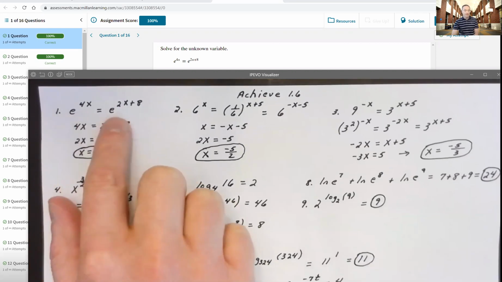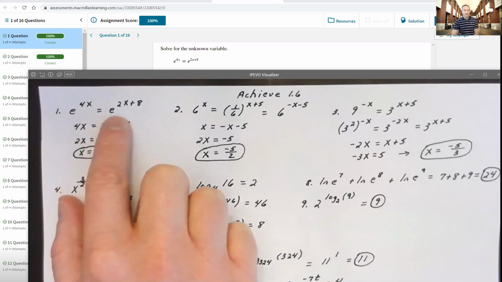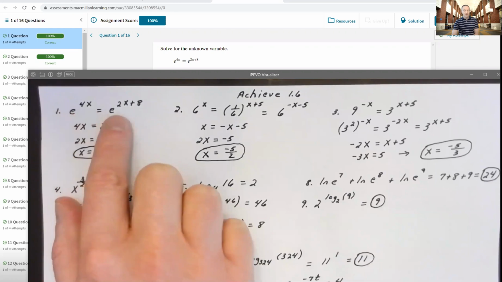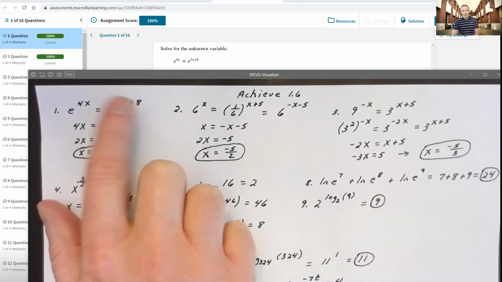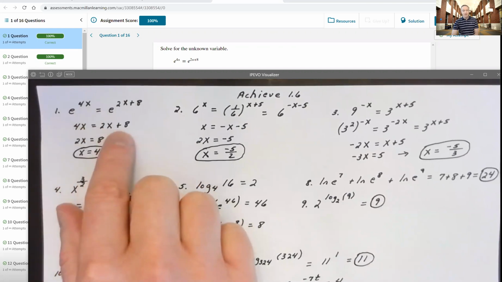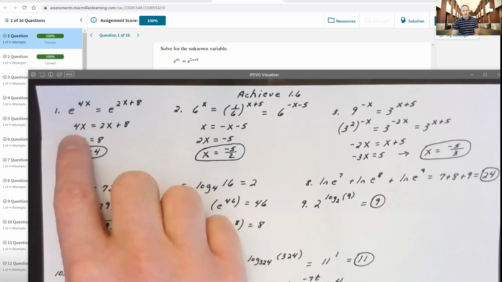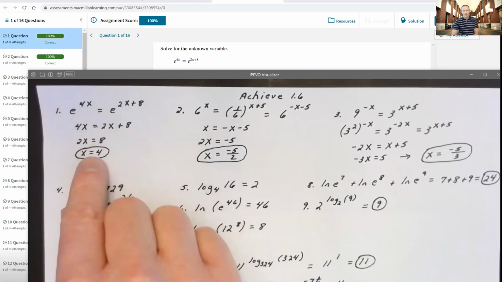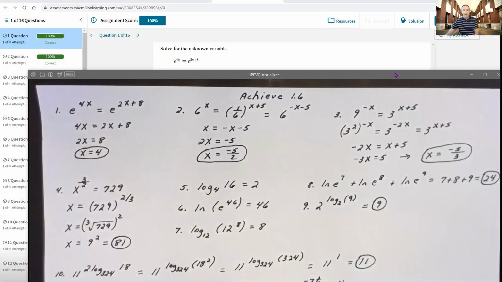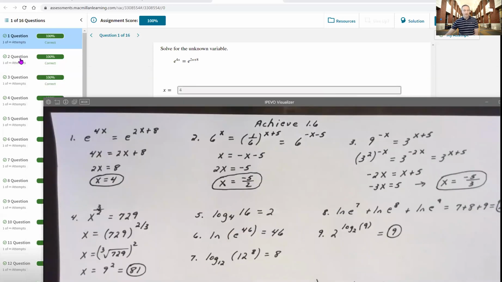It gives you an exponential base e on both sides of the equation. If that's the case, then the only way this equation could be true is if the exponents are equal to one another. So I just set my exponents equal: 4x is equal to 2x plus 8. Subtract 2x on each side, we get 2x is equal to 8. Divide by 2, x is 4. And that's the only thing I had to enter into the answer blank on Achieve, just x equals 4, and